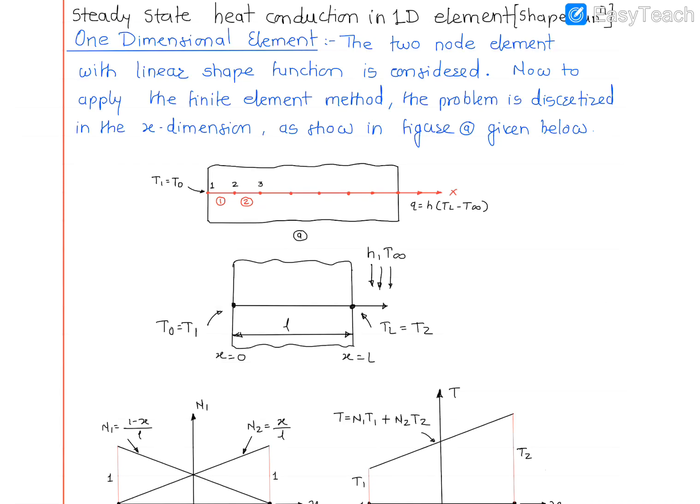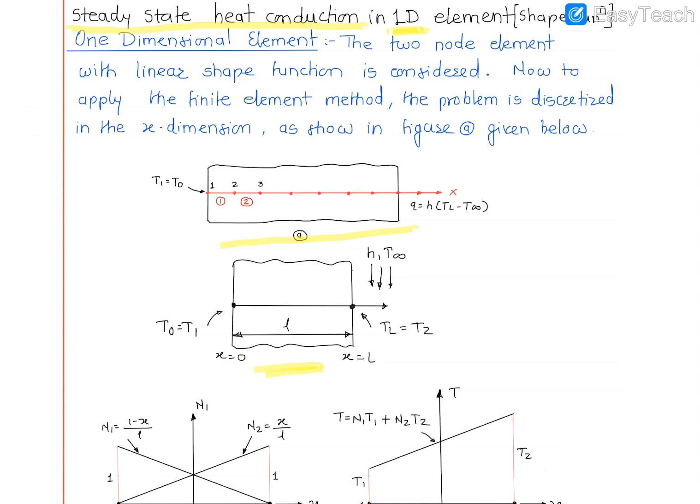Hello students, now we will see how to derive the shape function or interpolation function for the steady state heat conduction in one direction again. So the one dimensional element we can represent with this figure. You can see this figure E, where we have the wall. One end of the wall is at temperature T0 and then the other end. Now if I take a single element out of it, I can say that it will be like this